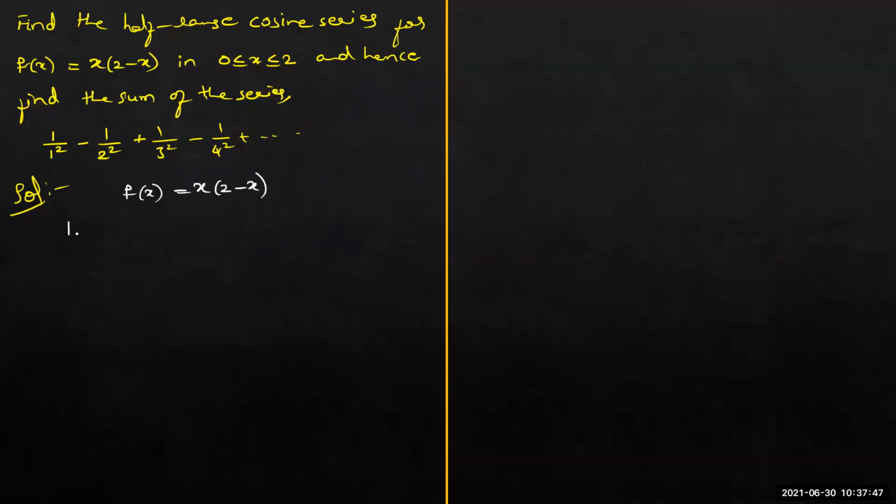Here, I'm just writing it for convenience. The value of L is equal to 2. Why is it 2? Since it is a half range cosine series, we take the length of that interval as L, and the length of that interval is 2 only, right? So here L is clearly equal to 2, and therefore, if you write the half range cosine series,